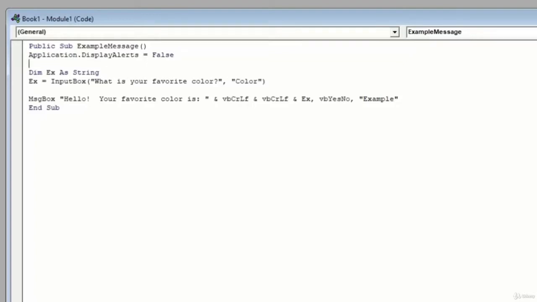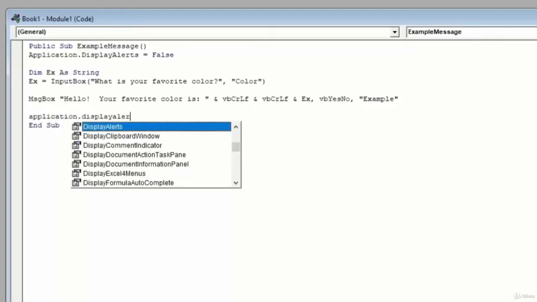In this case, we're looking at the DisplayAlerts property of the Excel file, and we've set it equal to False, which means Excel will no longer display alerts that are intrinsic to Excel. It will still display your message boxes, your input boxes, your user forms. It just won't display messages such as a save message or an overwrite message. Now, generally speaking, it's best practice to make sure we always turn these back on at the end of our code. So right before we end the sub, we'll type